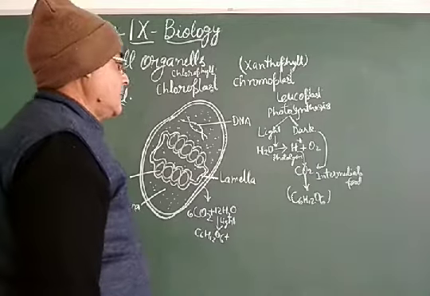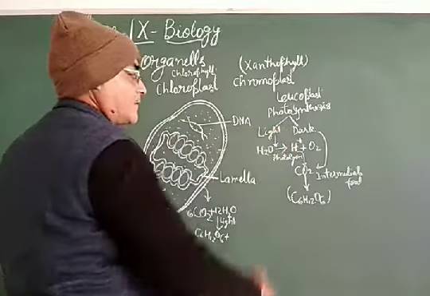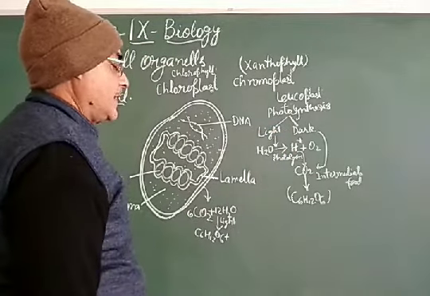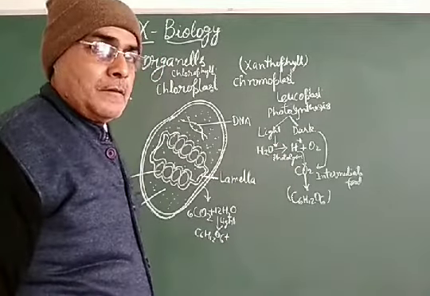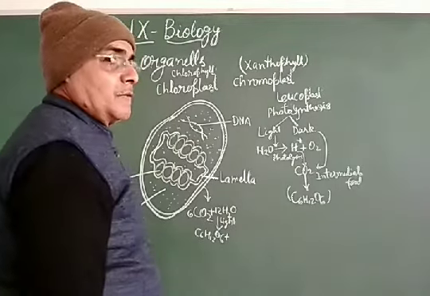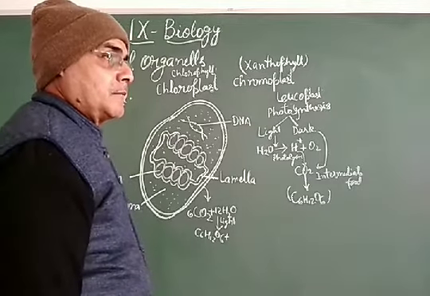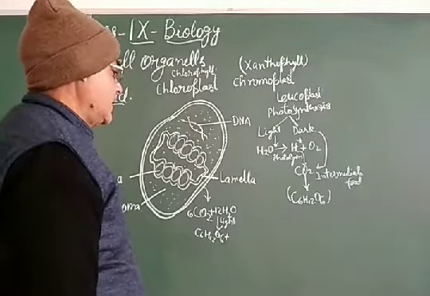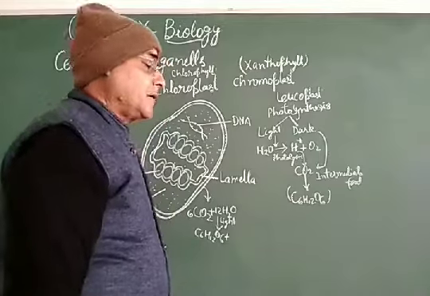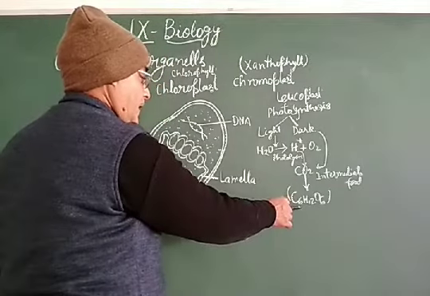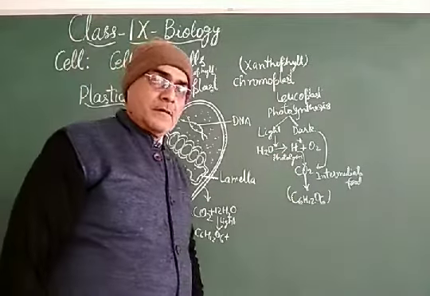And one thing is very important: during photosynthesis there are two reactions, light reaction and dark reaction. Light reaction takes place in the daytime, where photolysis of water takes place and hydrogen ion is formed, with oxygen liberated. Dear students, dark reaction is completed in the night when light is absent, and there will be the formation of an intermediate food. But in the daytime there will be the formation of carbohydrate in the presence of hydrogen ion and carbon dioxide that gets absorbed by the stomata.